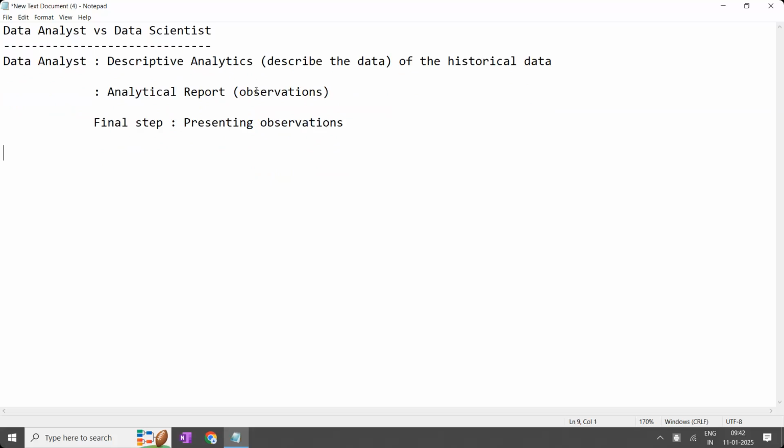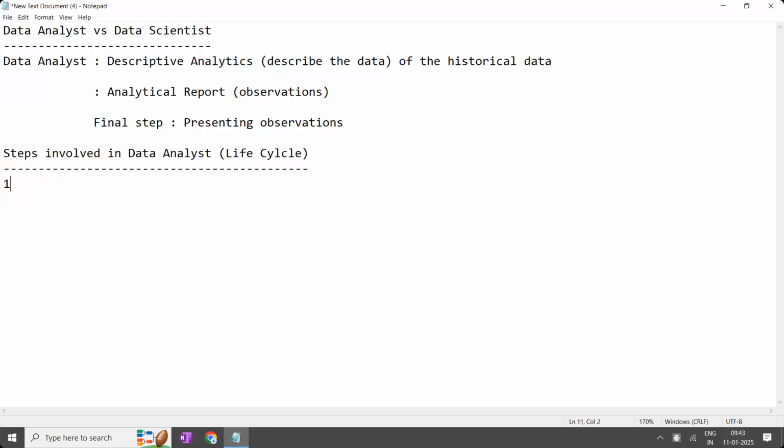Now, coming to the data analyst work, they are going to share the observations. What are the observations? This is the work of a data analyst. For this work, what are the steps involved? As everyone knows, both the 9 AM batch and the tentative batch know what the steps are. Step number 1, the steps involved in the data analyst role, are called the life cycle. What is the life cycle of a data analyst? Exactly what a data analyst is going to do.